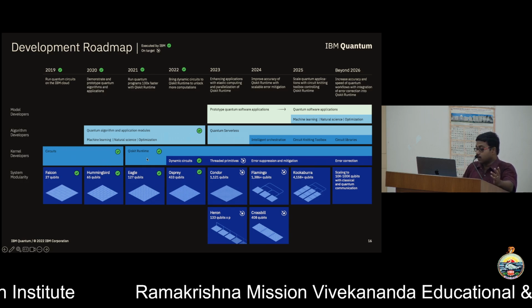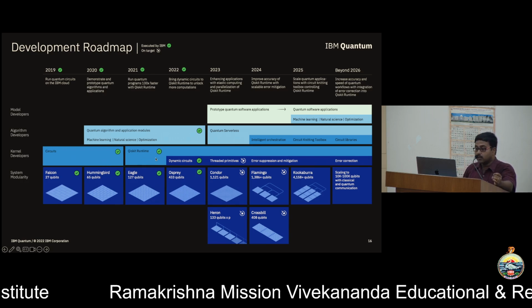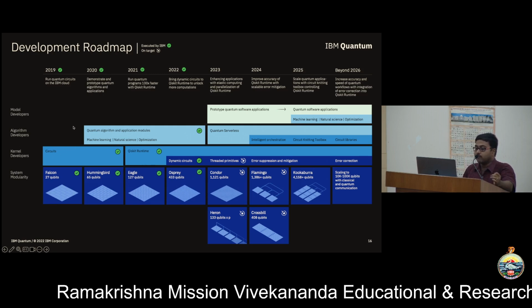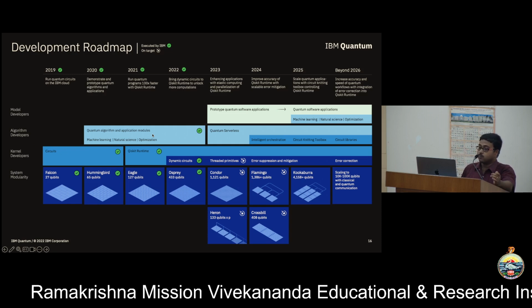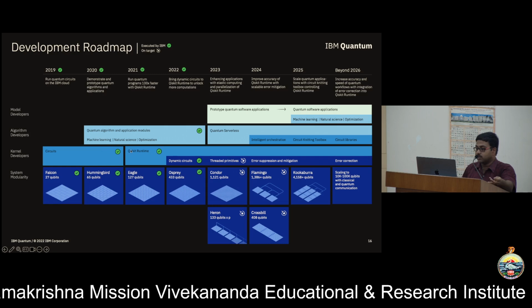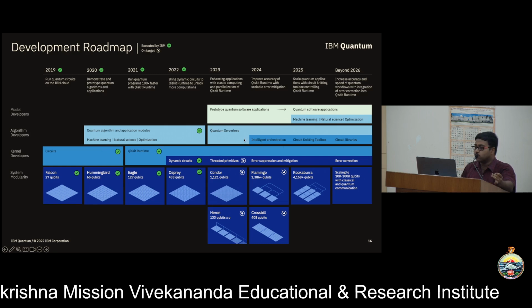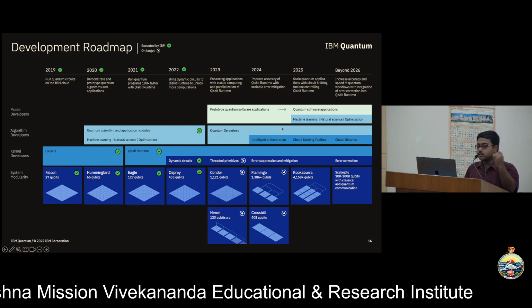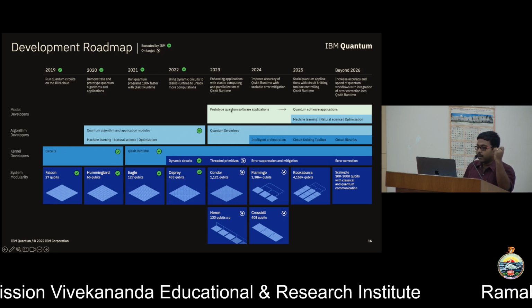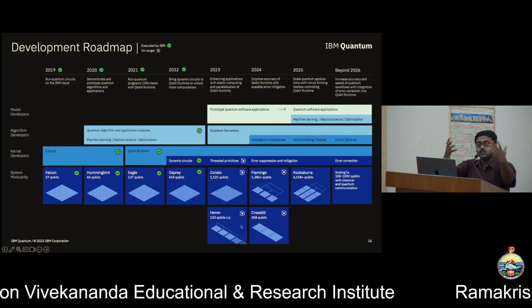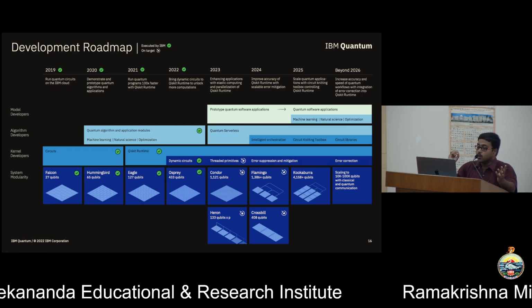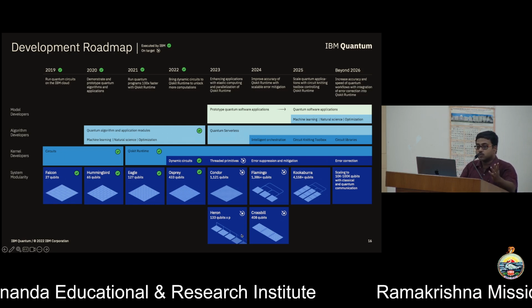I'll come to what Qiskit is. We have something called Qiskit Runtime that makes running things very simple. And even above that, we have modules for studying machine learning, natural science, chemistry, and optimization. This is what we call middleware. A user comes from the application portion, and there is the hardware. The middleware makes things very simple. It does scheduling and all of those things, just like in classical computing, while taking into consideration some constraints of quantum.